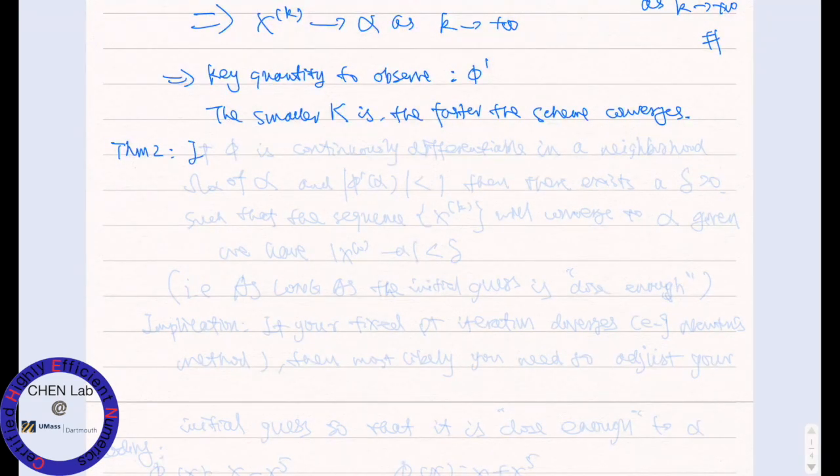So if phi is again C1, continuously differentiable, this time in the neighborhood Omega alpha of alpha. The last theorem requires we know something about the whole domain,